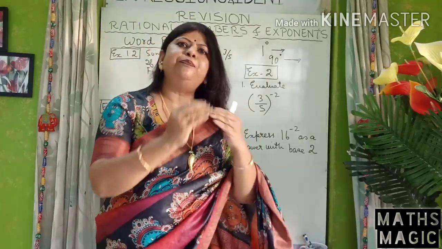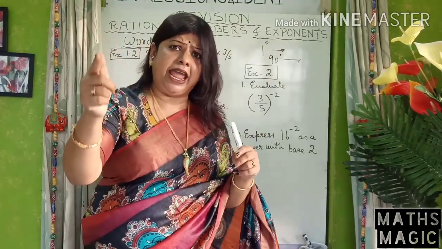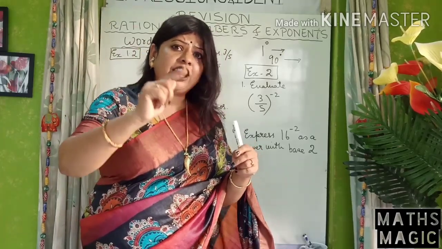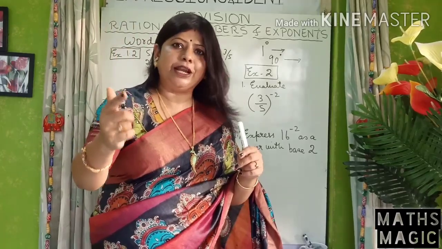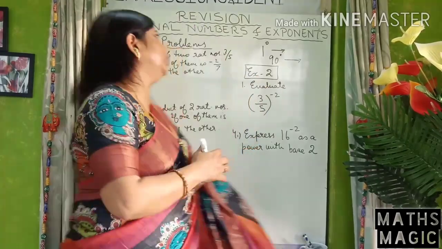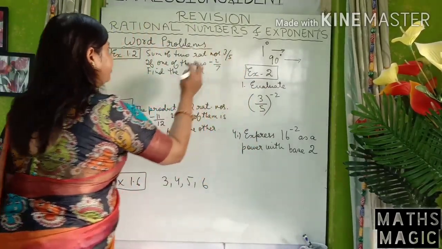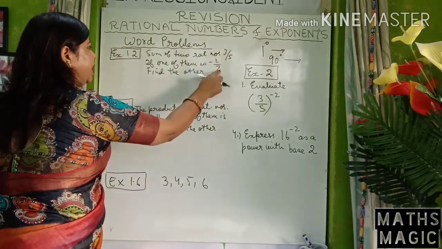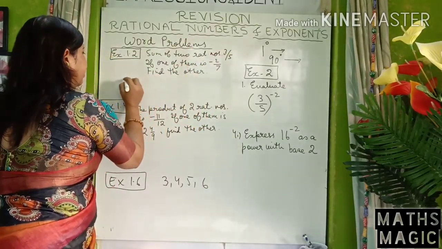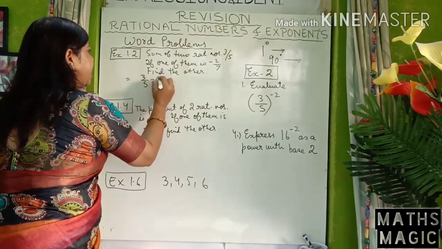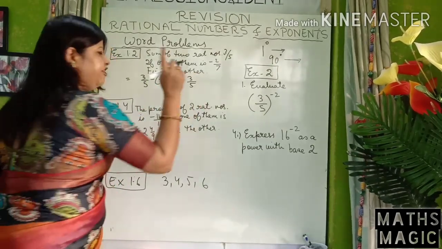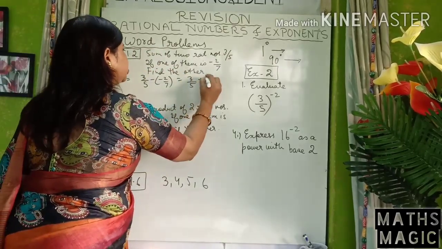I have always told you what to do. You put up simple questions like: sum of the 2 numbers is 8. One of the numbers is 3. What will be the other number? When sum is given, you have to find the difference. Isn't it? So by finding the difference, you can find the other number. So let's do it. Sum of 2 rational numbers is 3 by 5. One of them is -2 by 7. So I have to subtract -2 by 7 from 3 by 5. So that is equal to 3 by 5 minus -2 by 7. Clear? That is equal to 3 by 5 minus minus, plus, so plus 2 by 7.